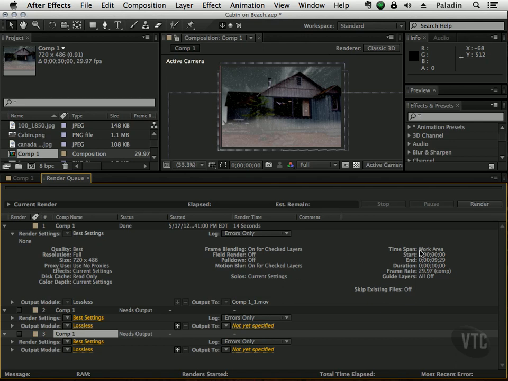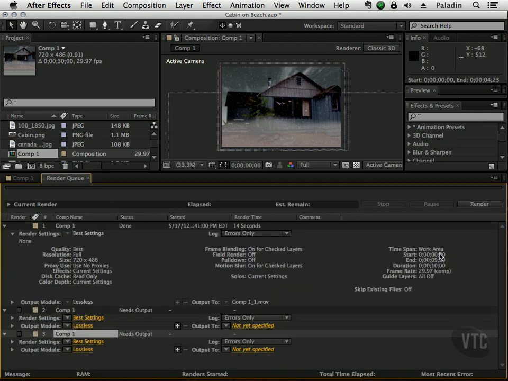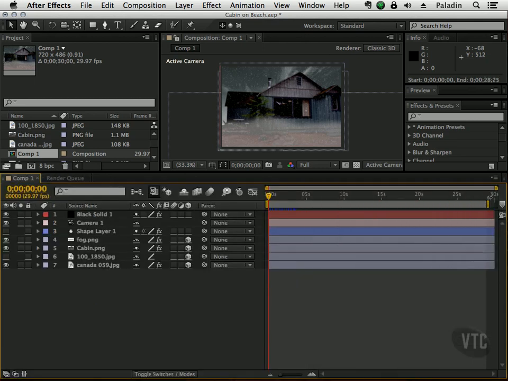We can look at the time span, and this is really important as well. How much of your video do you want to render? Do you want to just do the work area, or do you want to choose a duration? Now, what they're talking about is this here. So if I grab this work area little section here, I can pretty much choose where I want to render. So I can say, all I want is 5 seconds. So if I look at the render queue, I can make sure it says work area. And if I go ahead and expand this, of course, I can get more information rendered at one time.